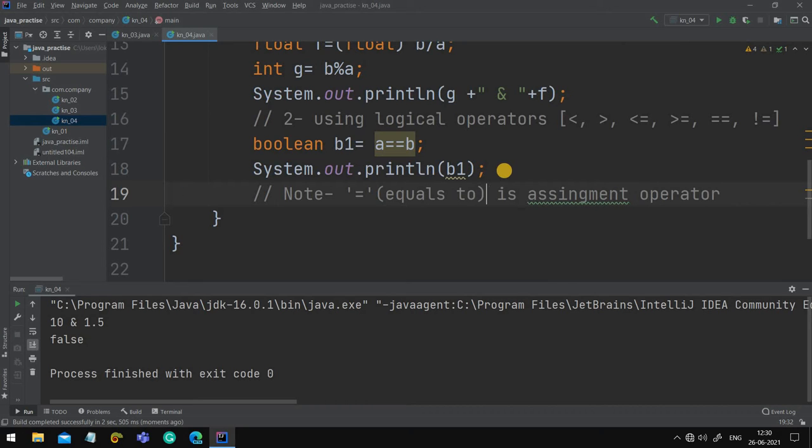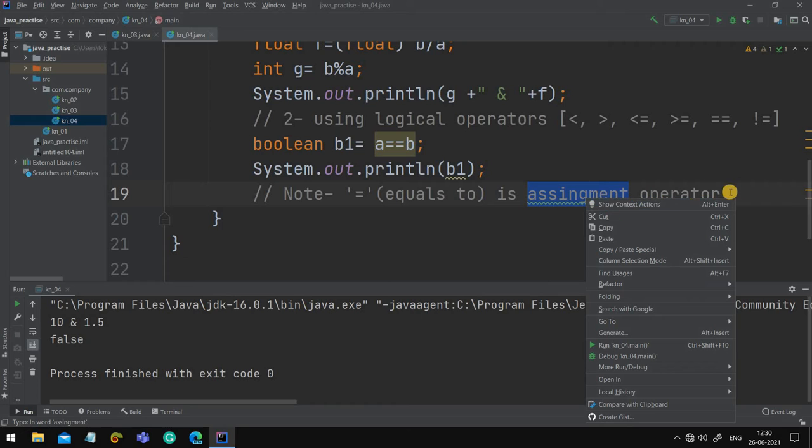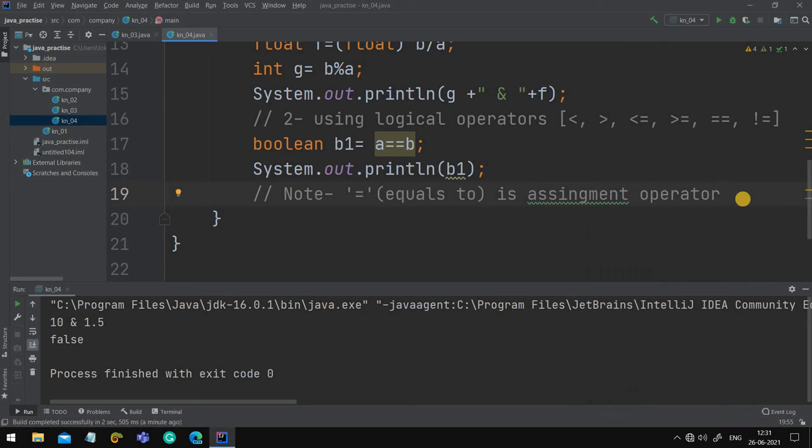But this double equals to is not the assignment operator, this is a logical operator. Now what does this assignment operator do? This assignment operator helps us to assign the value of something to a variable. Here the value of B1 is A equals to B.